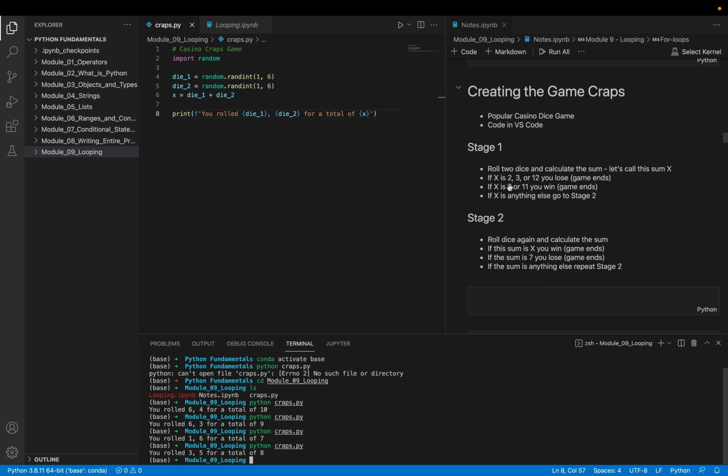So now we're going to implement stage 1. We've done this first part. We've rolled the dice, calculated the sum, and printed it out. So now we're going to write an if statement. If x is 2, 3, or 12, you lose. So we could say if x, there's a couple of ways of doing this. We could